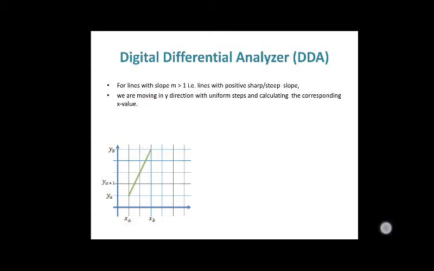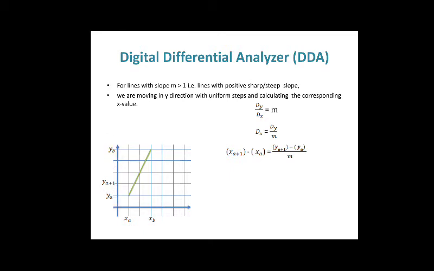Again we have the same equation, dy divided by dx is equal to m, and now I know y is incremented by 1, but I do not know the value of x. So, I will take x on this side, right, and this equation becomes dx is equal to dy divided by m, means this m will be in the denominator, right. Now, how is the y changing? If I want to find out the distance between 2 points of the y, then that will become ya plus 1 minus ya, right.